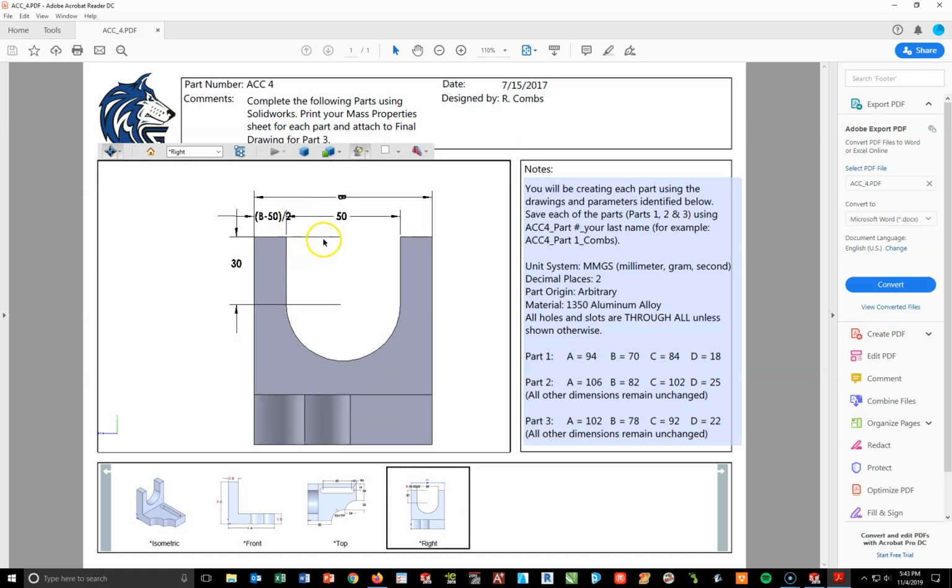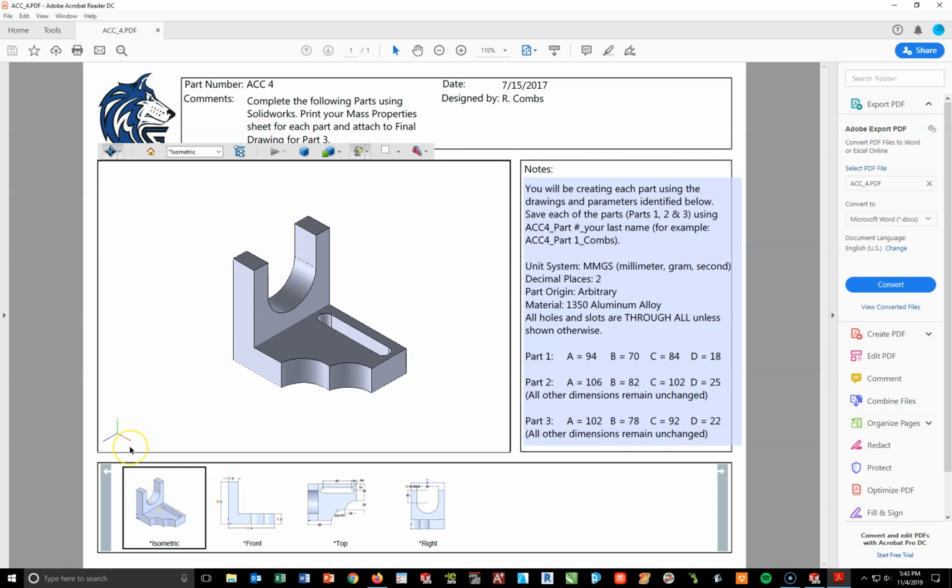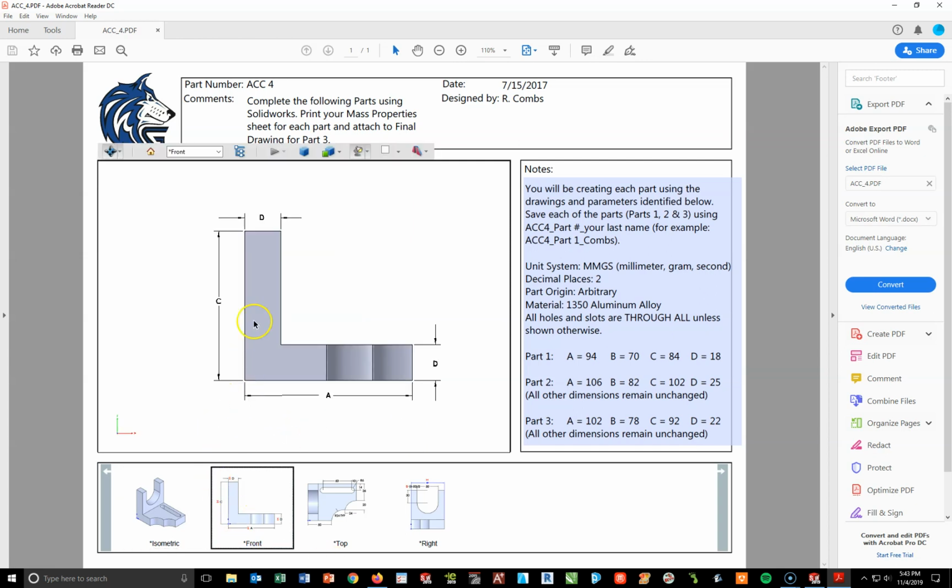divided by 2. Now, I'm going to go back to the beginning here, look at this part, and the first thing I want to determine is what is the best face or plane to start this from. Now, if you look at this carefully, it would make most sense to start from the front view. And the best way to do this would be to look at the front view and just create a simple L shape. And then define that L shape with an A, the C, and the D, and then extrude it